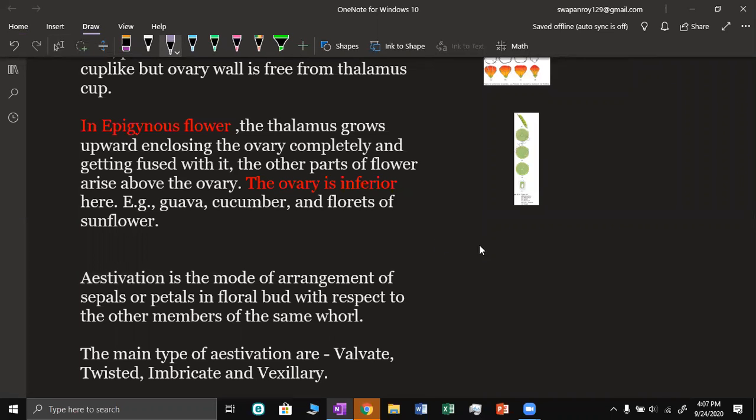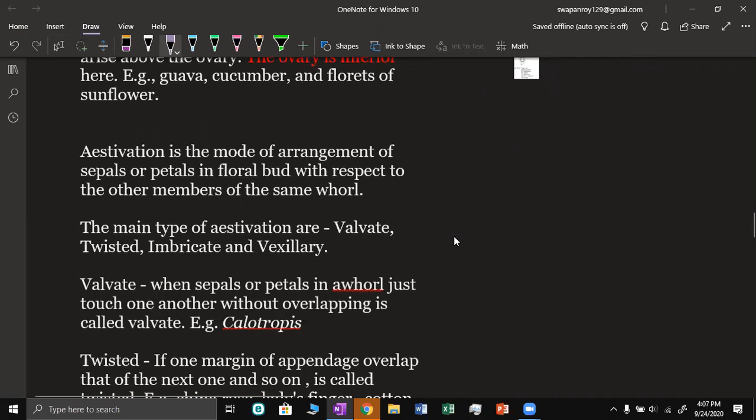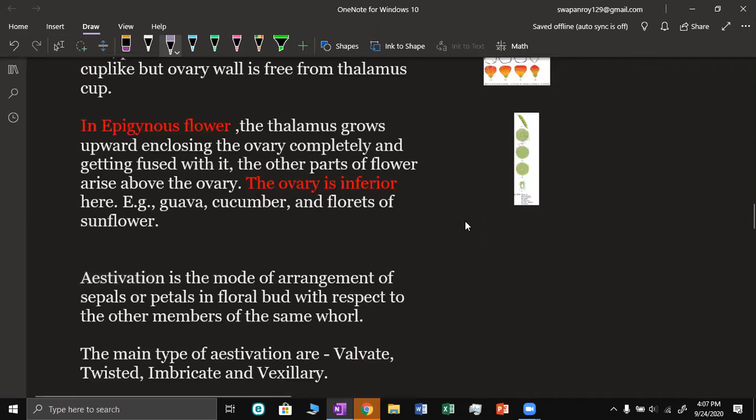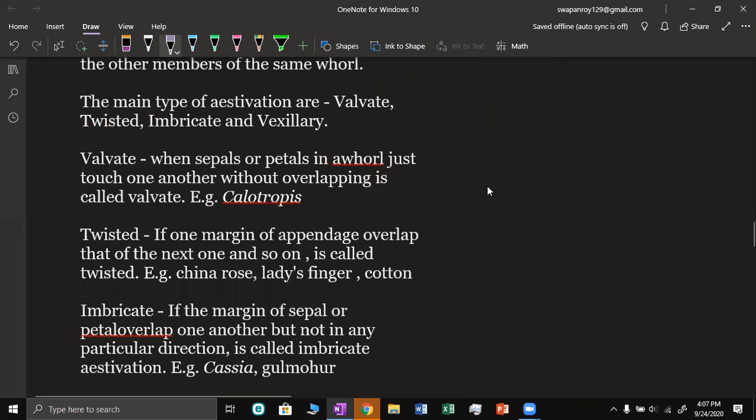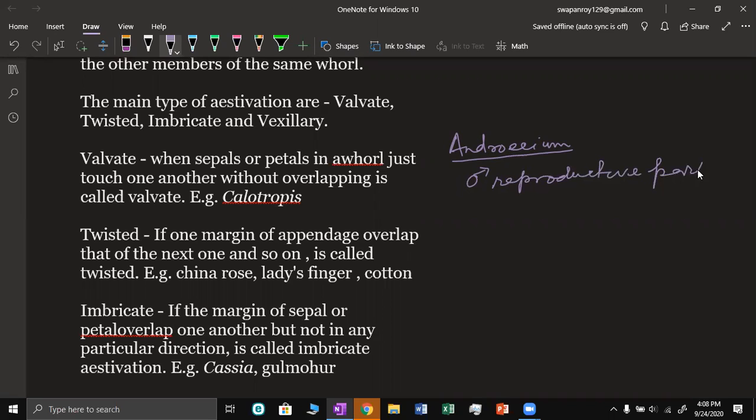see the different parts of the flower. The different parts, that calyx, corolla, we have already learned a little bit, and after that it is the androecium. Okay, androecium. This is the male reproductive part, and androecium is